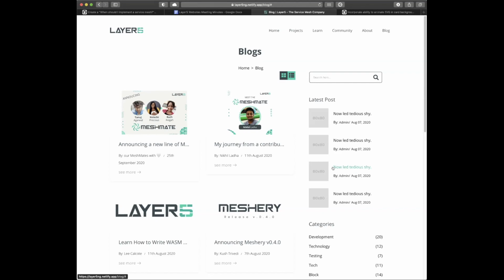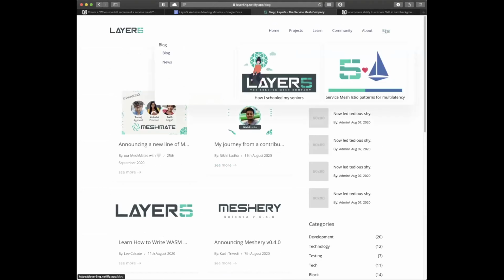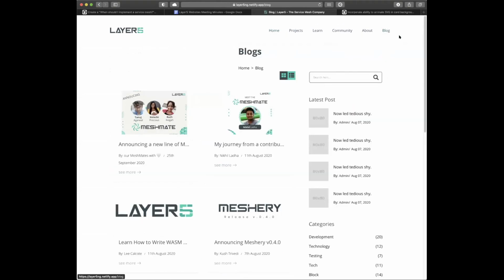So if we plan to keep it in future, that's a good suggestion, a good thing to keep. I think we can add links to the text. Like if we are at home, arrow, blog, to a particular blog, then clicking on blog should direct us to the blog page. Or if you go to the Meshmates page,